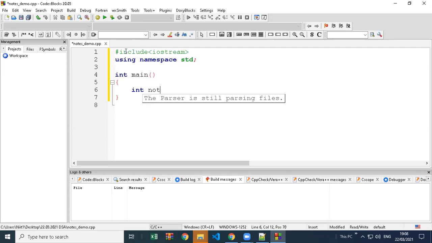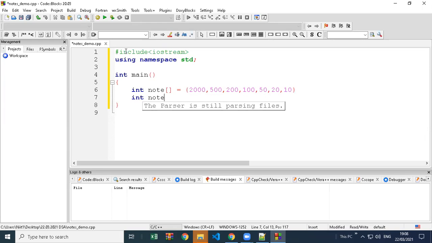So see this carefully. First we have a note array: 2000, 500, sorry, 200, 100, 50, 20 and 10, right. Then we have notes count.